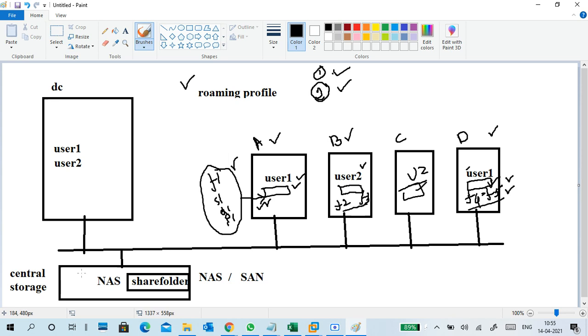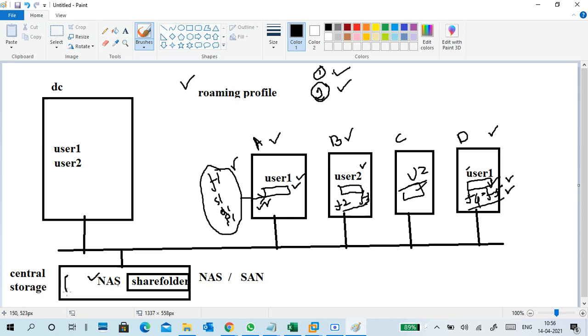Okay, so this is a central storage where we can store the data, with simple sharing. Again, back to our story. Generally, we use a central storage like NAS storage to create a shared folder. We keep all the user profile data in the central storage only.